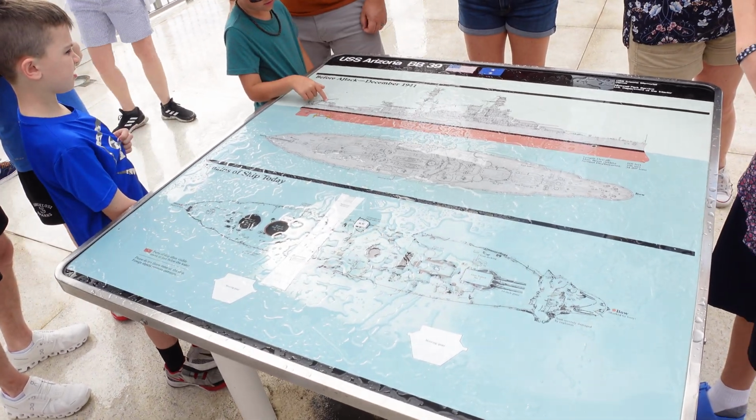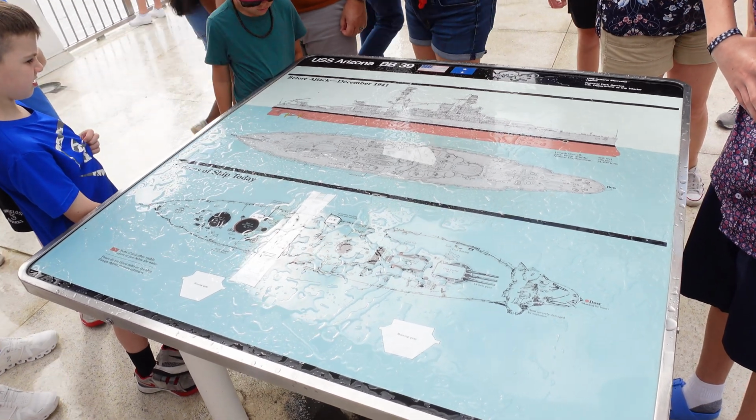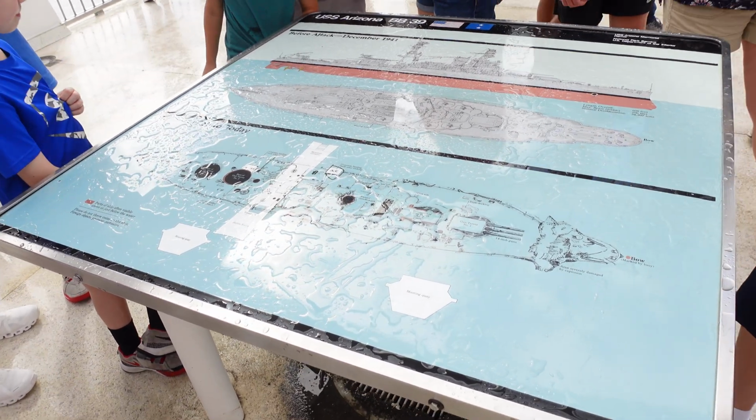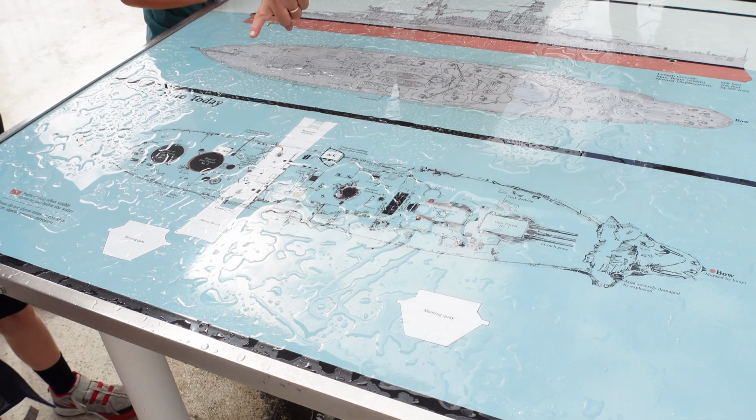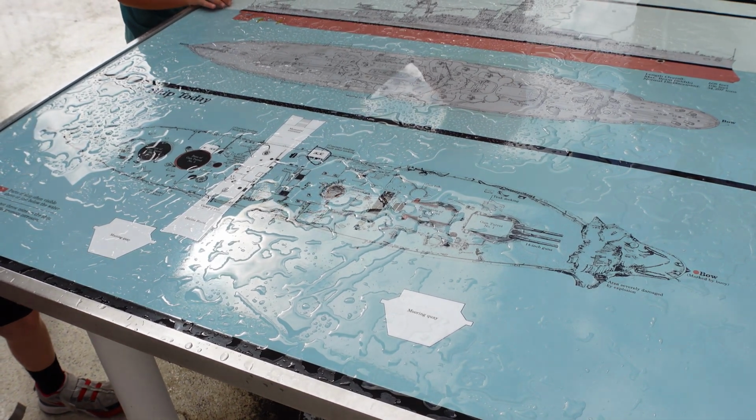This marker shows the ship, and where the memorial building is atop the hull, it's shaded in white. See, that brown thing is the one that's right over here. Right? Mom, this brown thing is...